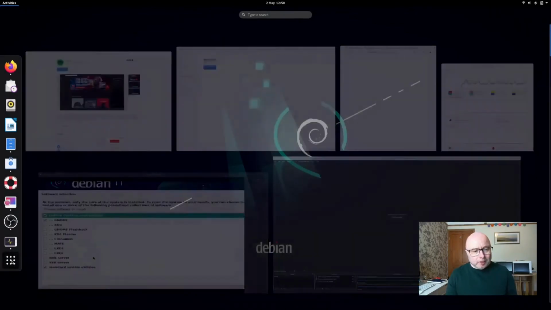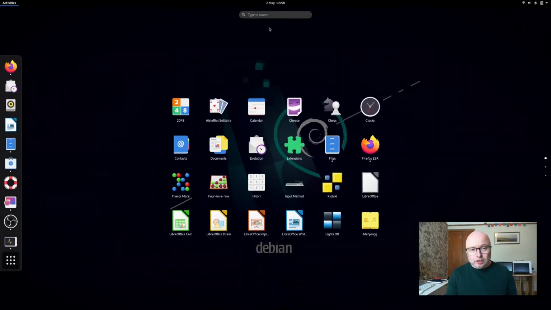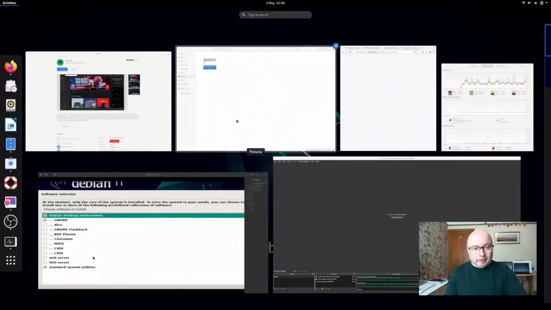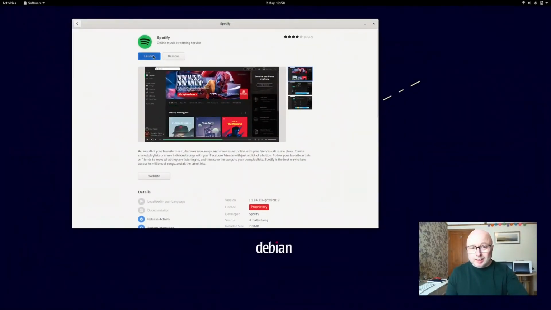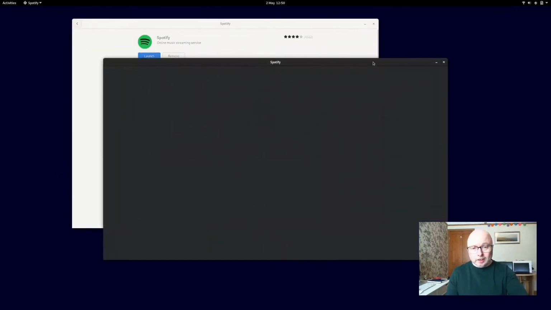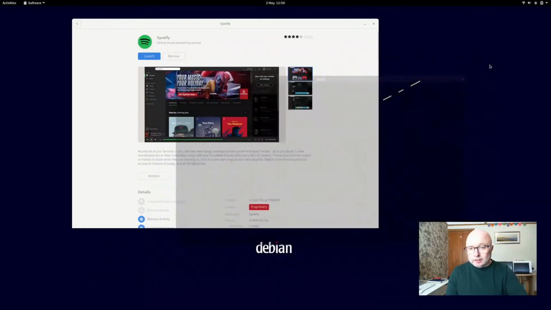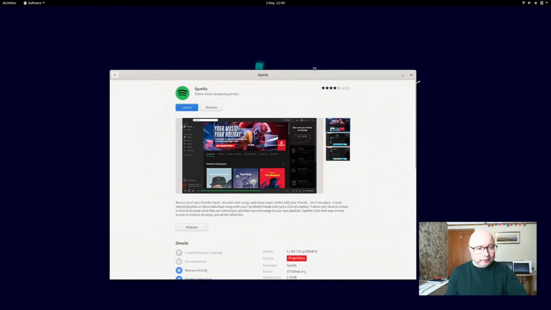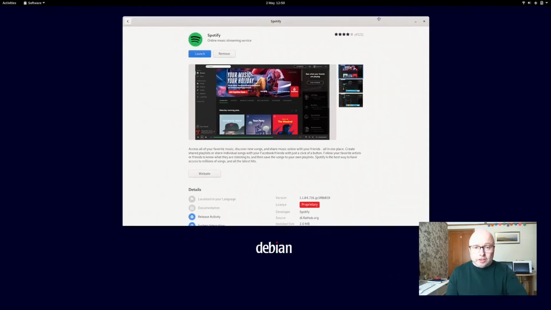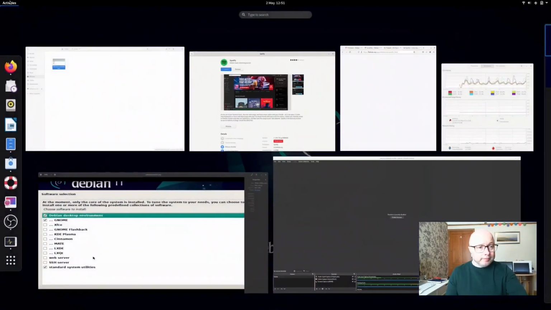And it's a shame that the GNOME version is such an old version. However, if you like this GNOME version, then this could be your thing, and it might be that you actually prefer this way of working, and so Debian 11 Bullseye might be what you're after right now. It certainly looks fairly nice. It feels kind of modern. I feel like I've gone back in time a little, but